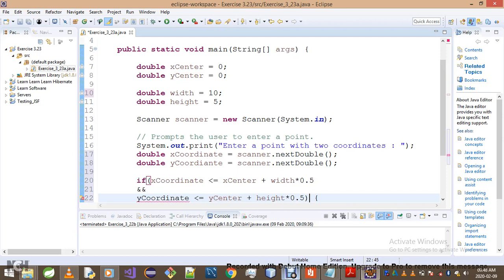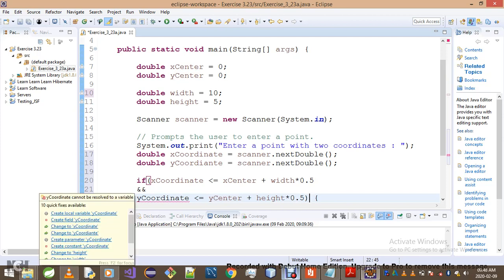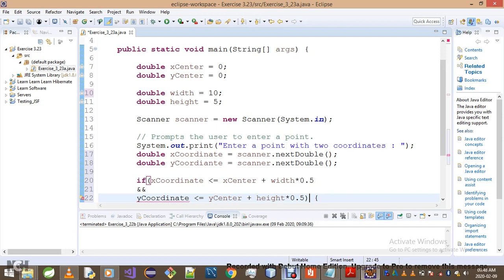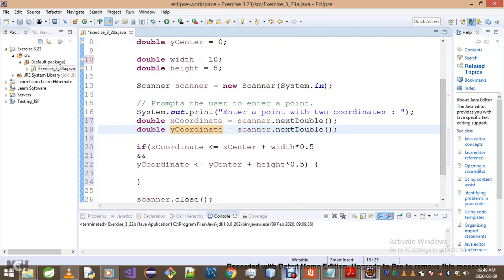If that is the case, coordinates, why am I having an error here? Oh, I misspelled the word coordinates here. Okay, coordinates, supposed to remove that n. Okay, if this is the case,